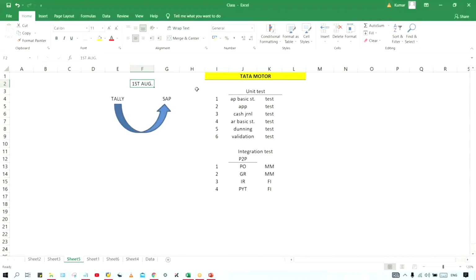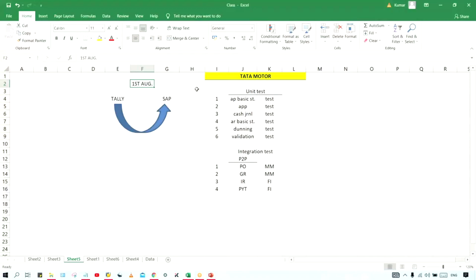So for this cutover activity, in the sense data migration activity, generally a date will be announced. Earlier itself, a date will be announced, so that from this date onwards, the data migration activity will be started, right? So that is called cutover date. If somebody asks, what do you mean by cutover date? The date on which onwards the data migration is going to be started. Pretty simple, guys, to understand.